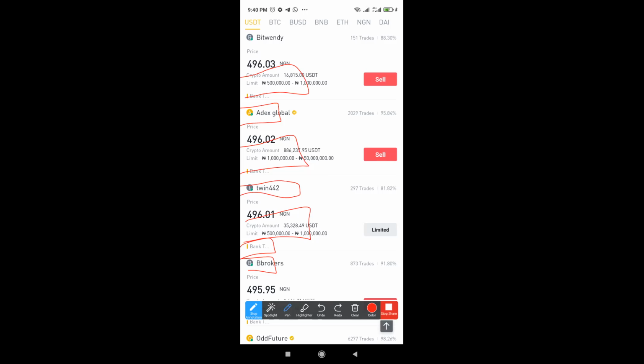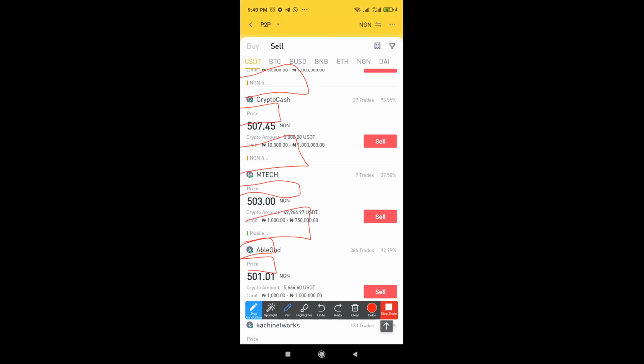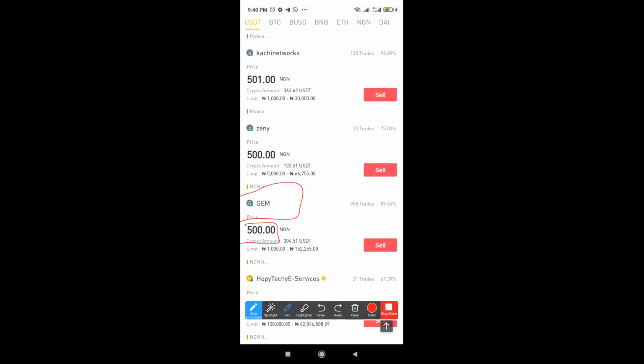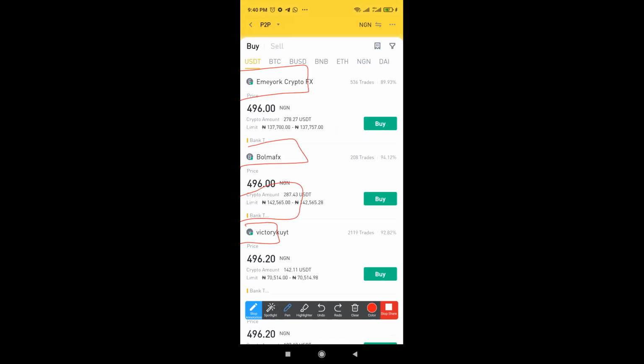Except maybe what you are selling is worth 1,000 naira, maybe it's only $2. You can do all those bank transfer things, or you can do this mobile, where they send you the money as airtime. That's when you can do this, and it will be a gain for you. But so far as you want them to send your money to a bank account, you won't get it at the high price. So look out for the rate at which they are buying or selling that dollar to you. That's just what I wanted to point out.